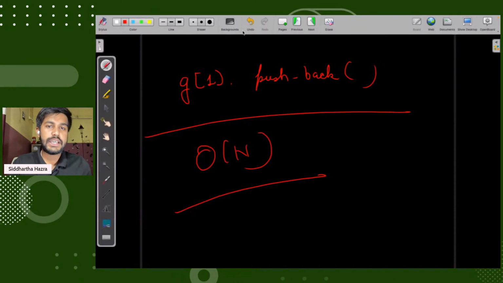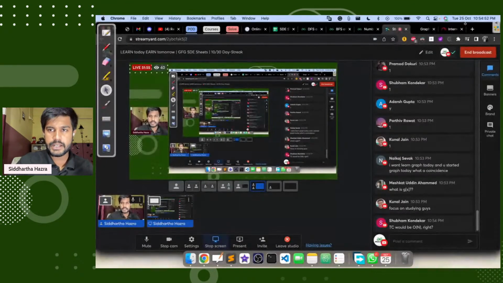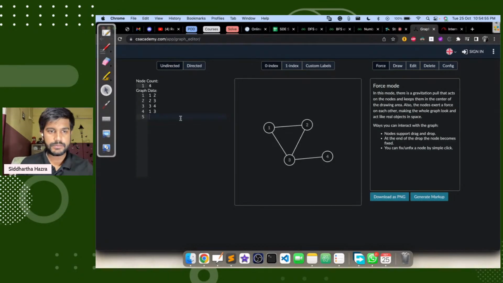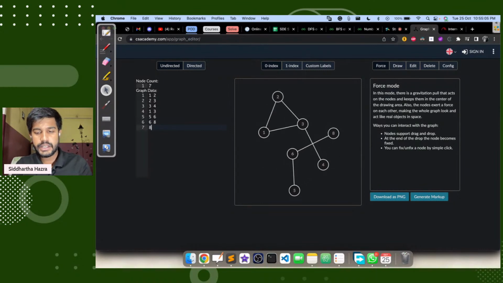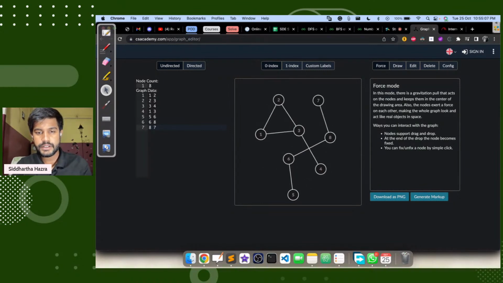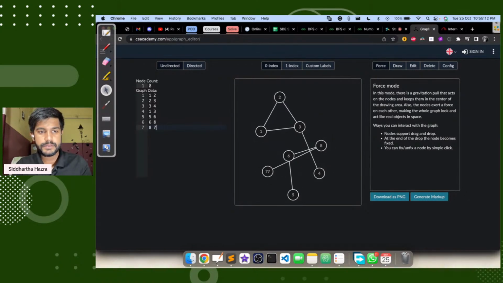So now we say that we have a graph like this. Let's make the graph like this. Then we have 1, 2, 3, 4. Then we have 5, 5 to 6, 6 to 8. Then 8 to 7. Then 7 to 6.